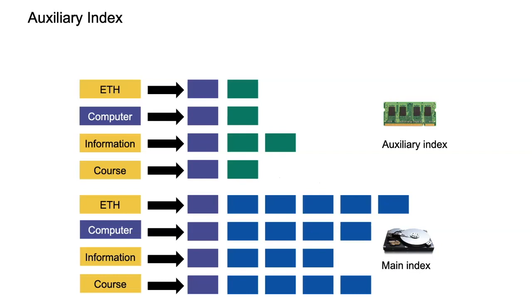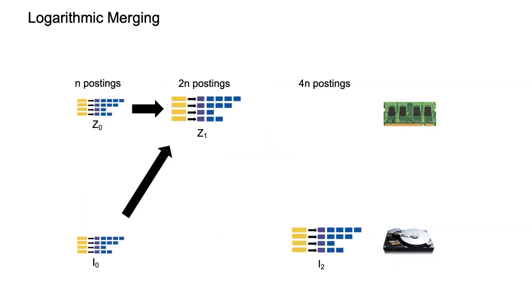The idea is that you double in size every time you merge, right? You might remember this. Every time the memory is full, you merge, but you only merge whenever you have two indexes of the same size, then you merge them into an index twice as large, right? And then you keep building larger and larger indices, but because you're using powers of 2, that's the power of powers of 2,